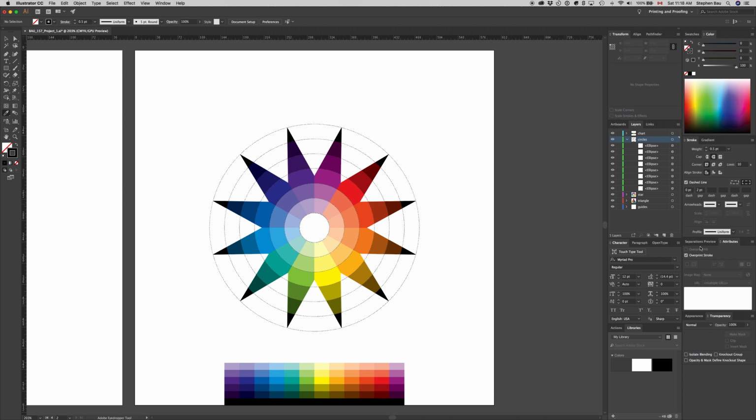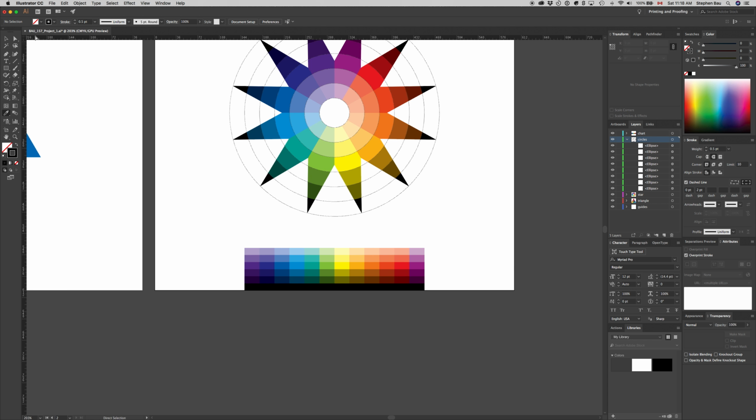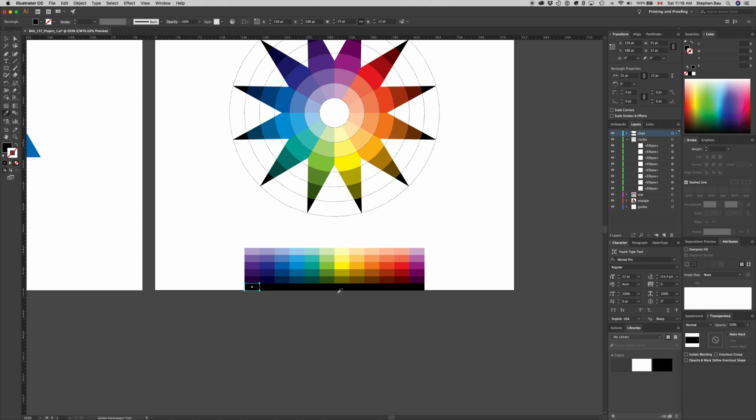All right, so we can complete the chart by adding 12 point by 12 point squares on either side of the color rectangles. Create blends between the black and white rectangles. Create a black rectangle at the top to frame the white rectangles. All right, so let's just do that. So we need 12 point by 12 point squares. We could actually just